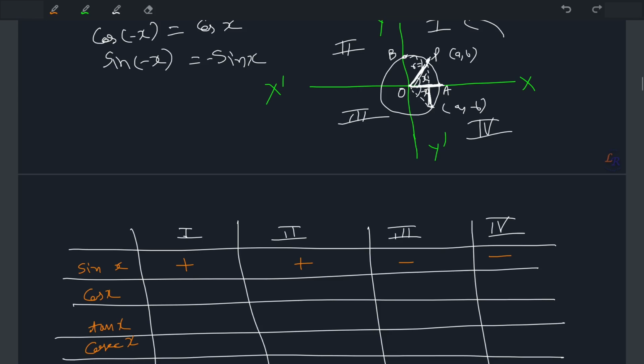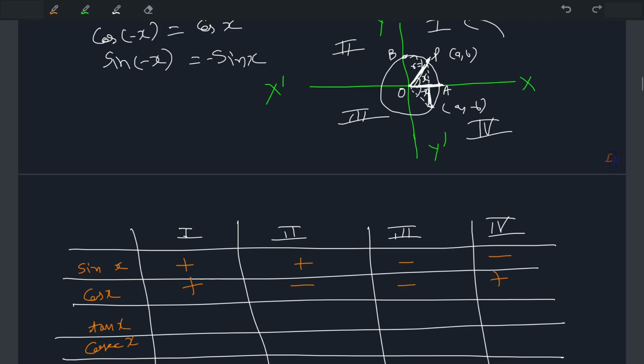So you see in this case, in the first quadrant and in the second quadrant, the sign value is not going to change because it is still in the upward direction. In the third quadrant, it is now negative, and in the fourth quadrant the coordinate is going down, so it is again negative. Similarly for cos, it is positive in the positive x direction. In the second quadrant it becomes negative, in the third quadrant it remains negative, and in the fourth it comes back, so it is positive.